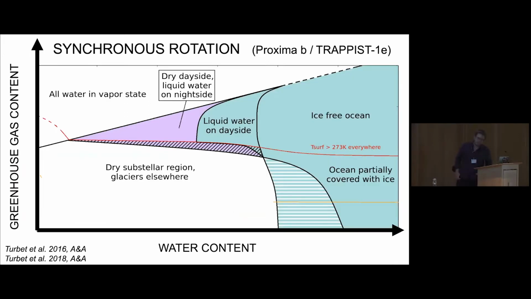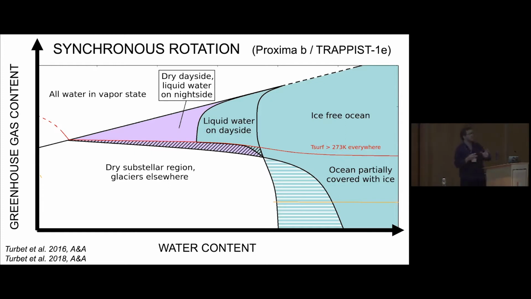I just would like to discuss a bit more about what's going on the right side of this diagram. If you look at it more closely, you could have paid attention that the right side of the diagram is almost blue, blue everywhere actually, which indicates that if you have high enough water content that it should completely cover your planet, then one of the results of this GCM simulation is that possibly whatever the amount of greenhouse gas that you may have in your atmosphere, you should have some liquid water on your planet, either as an ice-free ocean or as an eyeball planet, or a stingray planet, or a lobster planet.